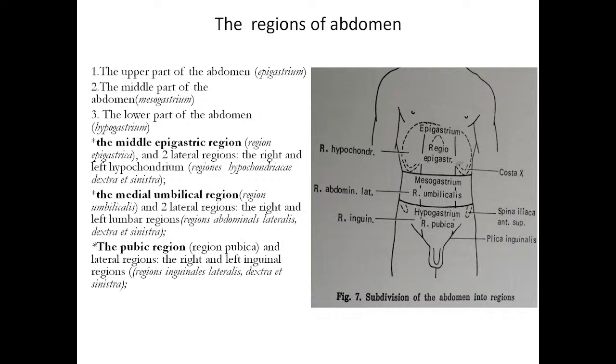These are regiones, Latin regiones hypochondriae dextra and sinistra. The middle abdomen is divided in the same manner into